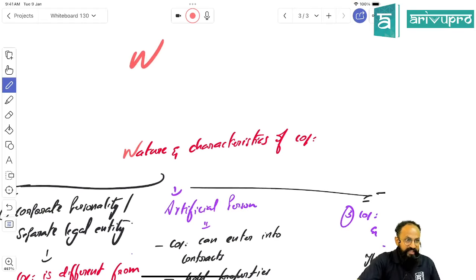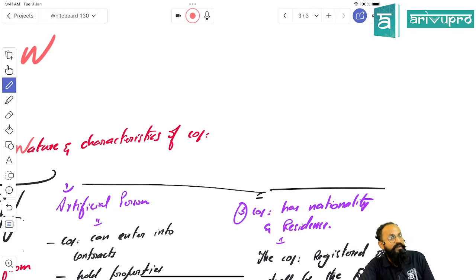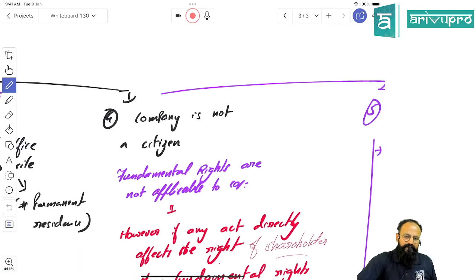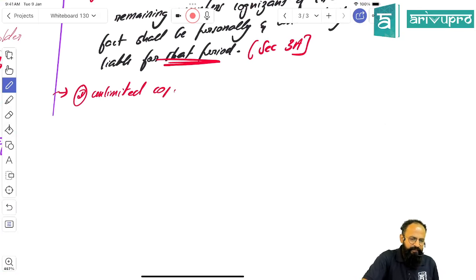Understood? So they were an unlimited liability company until 2013. Later on they converted to limited liability. Can we convert like that, sir? Yes, sir, possible. Clear all of you? Okay. So one is unlimited liability company. In that case, your liability will be unlimited and not limited. Okay. Third one,